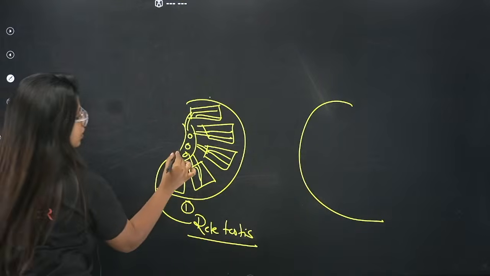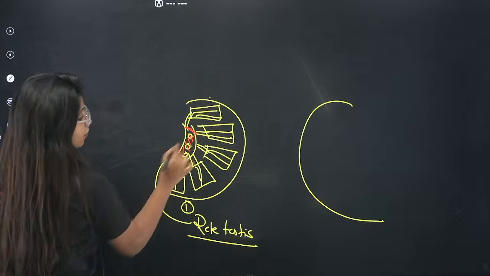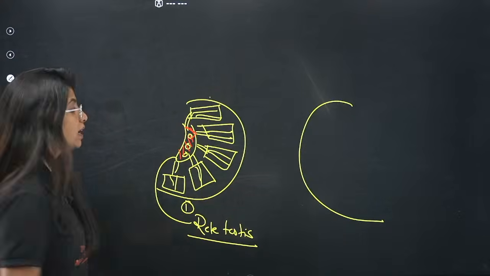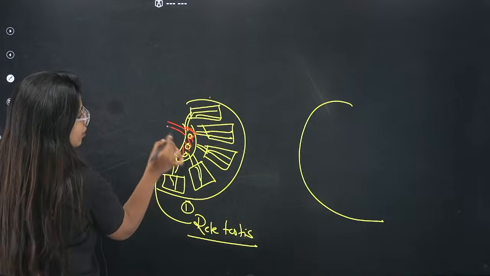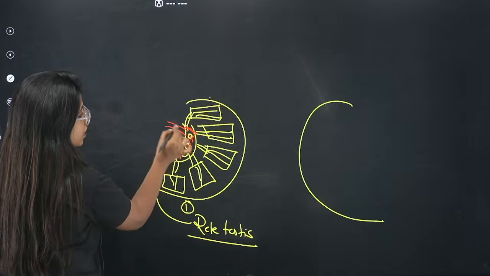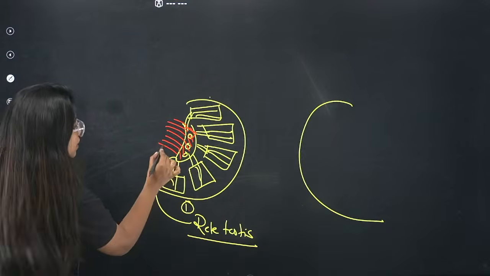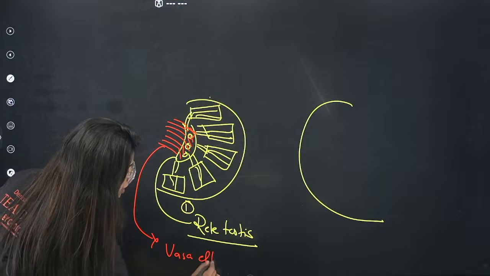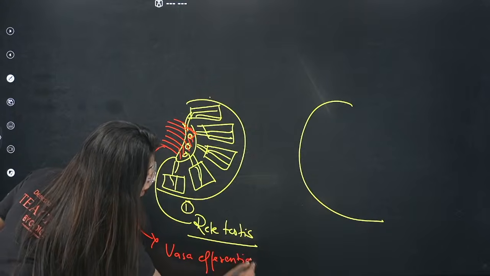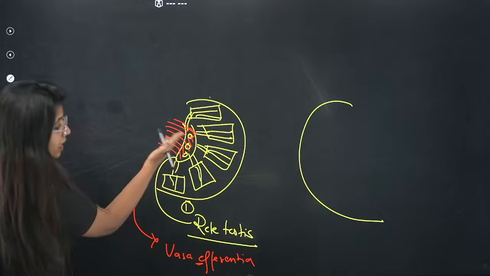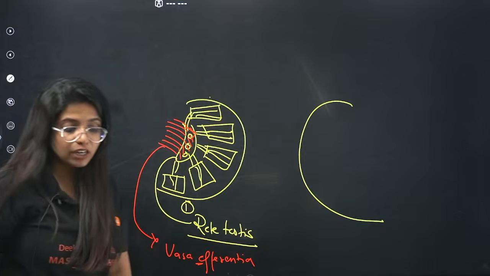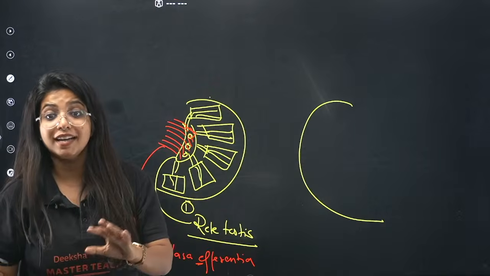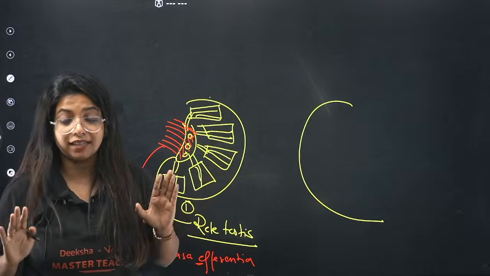I hope you will remember it. Now, from the rete testis, it says that no, I have to go out. Why don't you understand? I have to move out of the testis. So it tries to move out with the help of the next duct. And what do you call this duct? You call this vasa efferentia. So you can remember that the sperms are trying to exit. E for efferentia and E for exit. That is how you can remember.